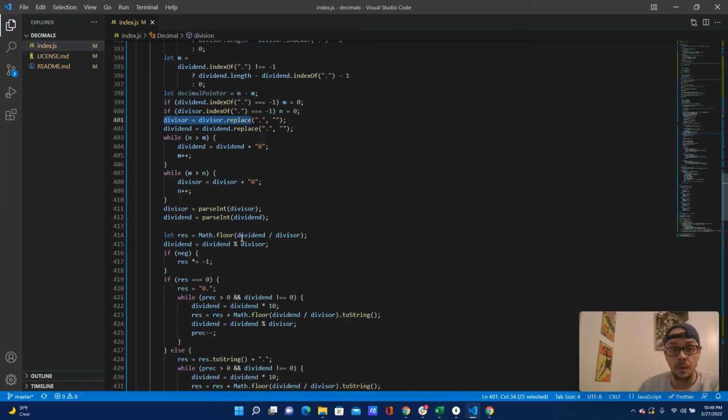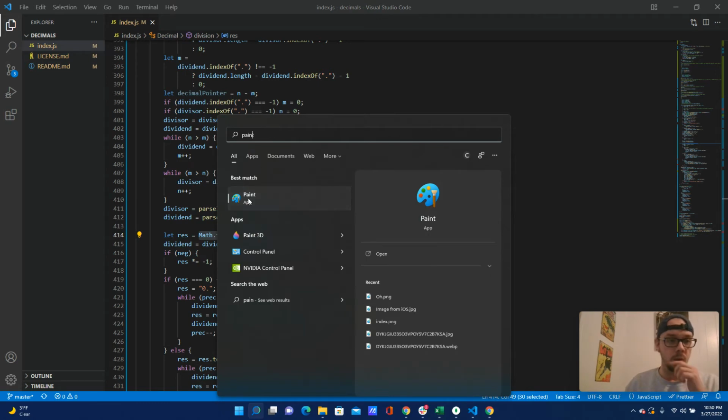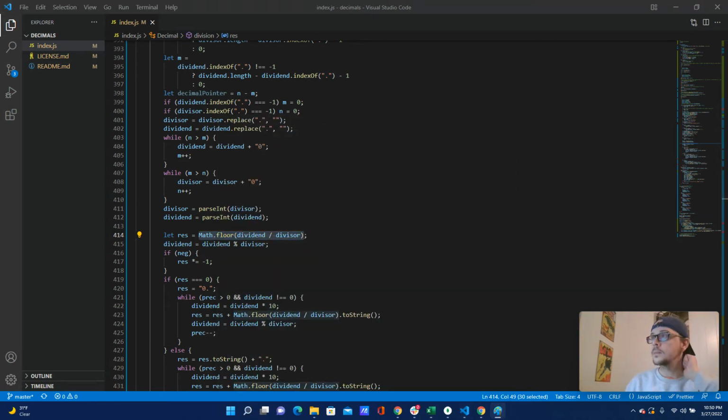So what are we doing now? This is going to be our return value here. The first thing we are going to do is run a division operation on them. And we don't want to deal with decimals as much as possible. So what do we do? Well, if you remember your long division from grade school, if you want to divide